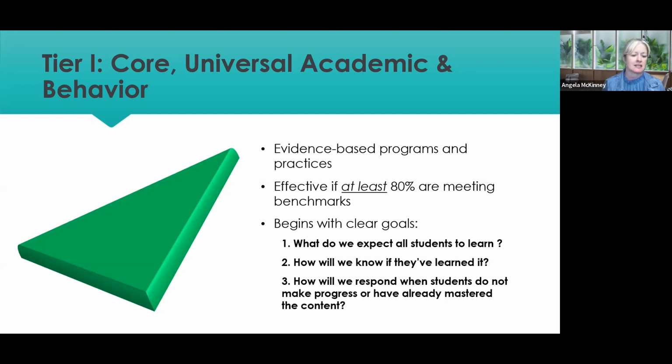So we select our textbooks. We design how many minutes each class is going to be held. We assign aides to different classrooms. We determine how many minutes are going to be part of passing periods. I can't even imagine how many different decisions are made at that administrative and leadership level to say, we're going to set this up for success. That's what tier 1 is all about. And remember, we're talking about academics, we're talking about behavior, we're talking about mental wellness, all of the important things that are part of that student's world.